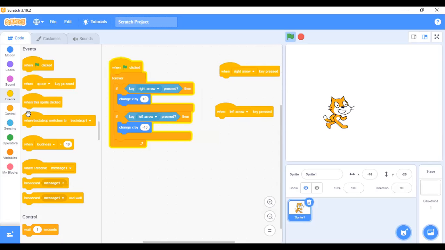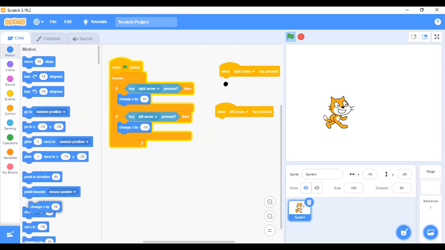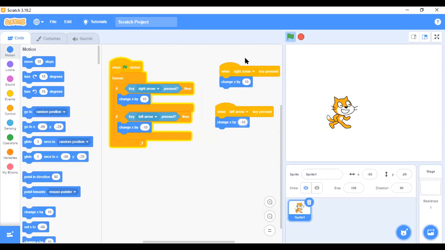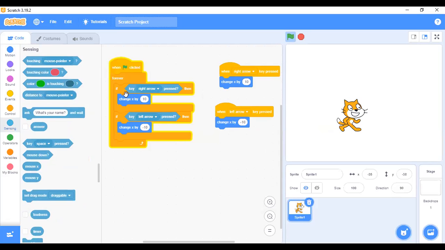Then you now bring this, change the value of 10 here, you duplicate this and put it here, like that. I taught you this particular code, these two simple ones, in moving your sprite forward and backward. But to show you that there are different ways you can write your program, and it will still perform the same function, that is why I'm showing you this using a part of a sensing code. That is when the right arrow key is pressed and when the left arrow key is pressed. So this one is still part of the same thing that we have here, but this code is a little bit longer than what we have here. That is why I first taught you the simple one and then showed you another one.